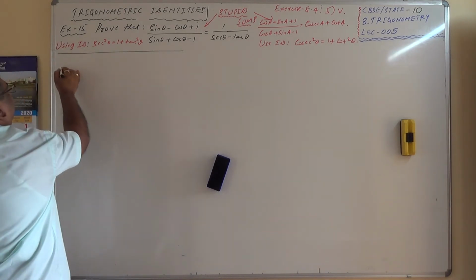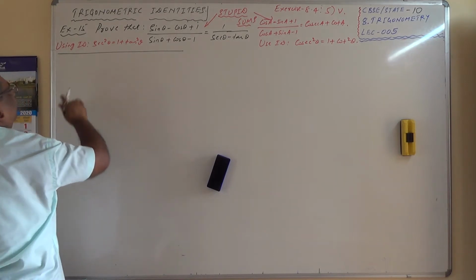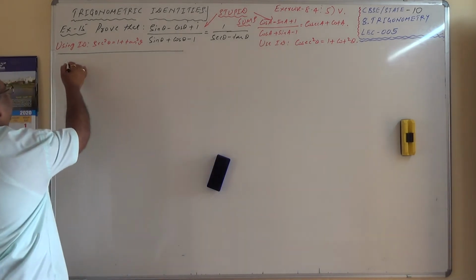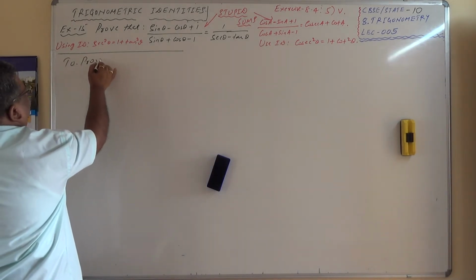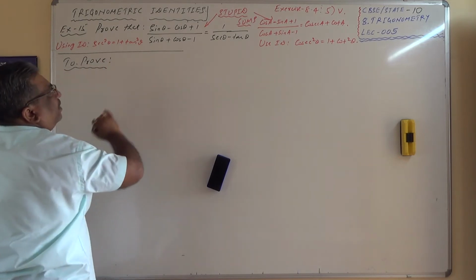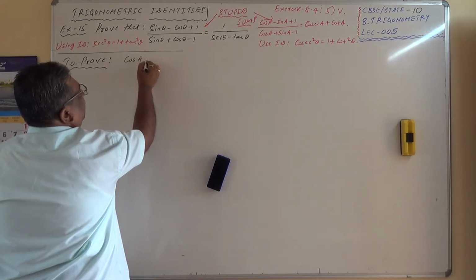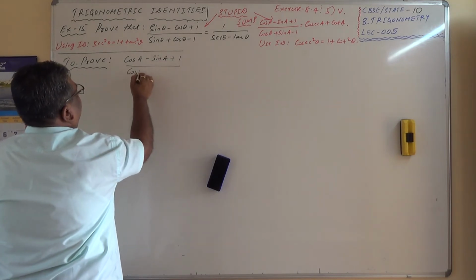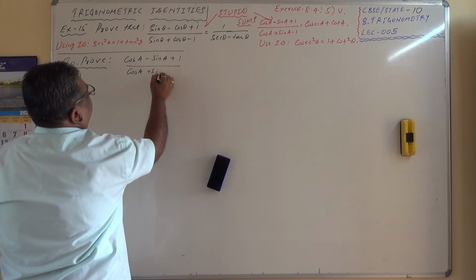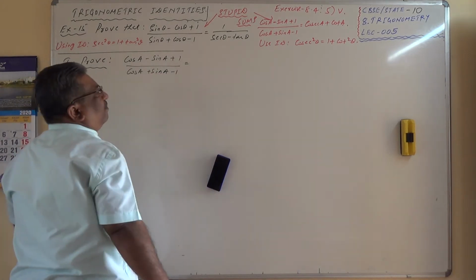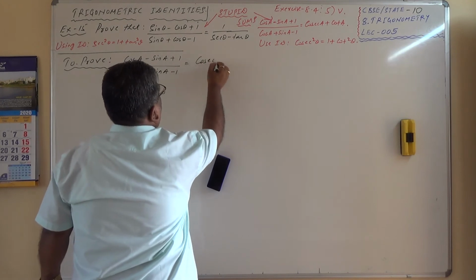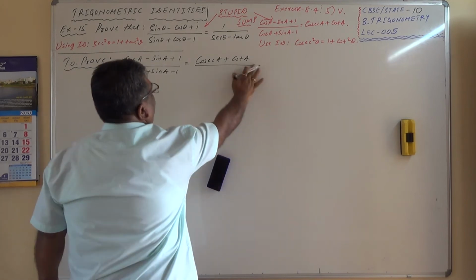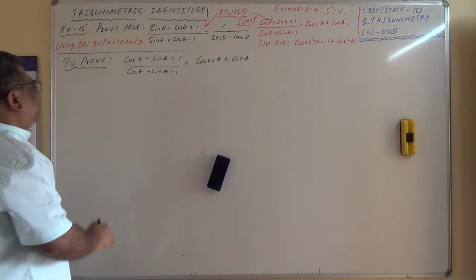Left hand side I am taking. I hope you are understanding. Now I am taking this sum. To prove, I'll write once again. To prove: (cos A minus sin A plus 1) divided by (cos A plus sin A minus 1) equals cosec A plus cot A. Okay, so LHS